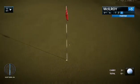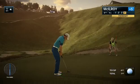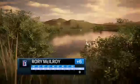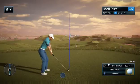Nice approach shot. He'll be happy with that. You don't want to let this one get away. This is about concentration and focus at this point. It has been frustrating. 6 over par already. He struggled on the front, but a chance to regroup here on the inward half, Frank. Well, if you look at around the golf and you made a couple of